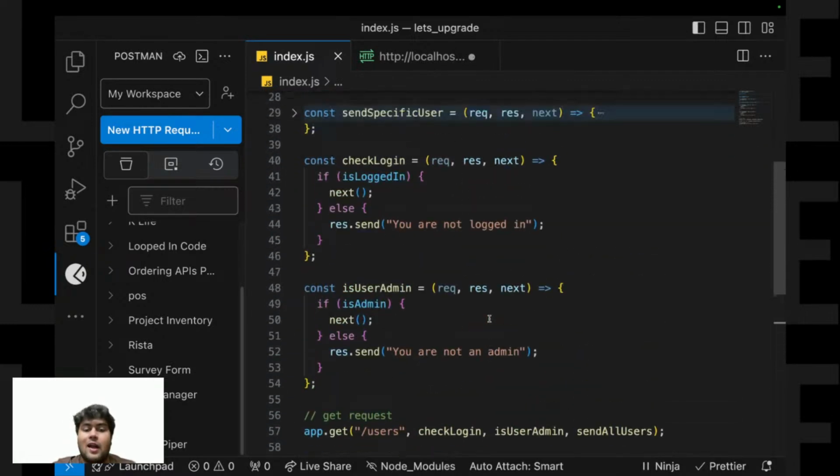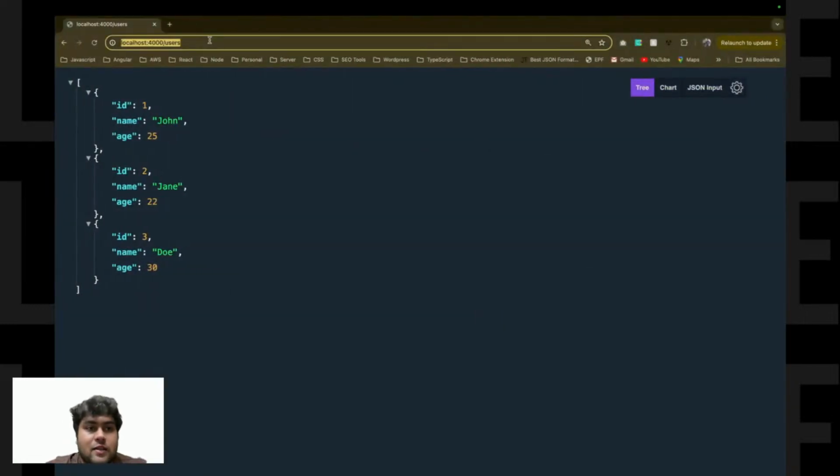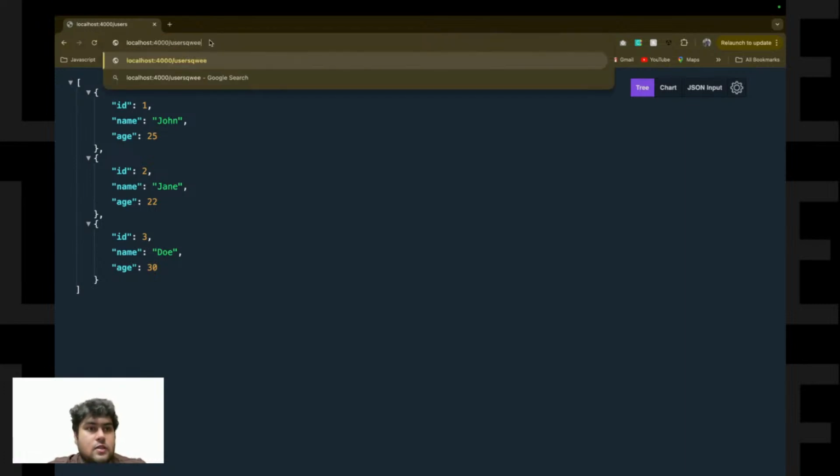Okay. Now, if you see, let's say instead of users, I write users this. Okay. And I'm getting a weird error over here. Is there a way to handle these errors? So,